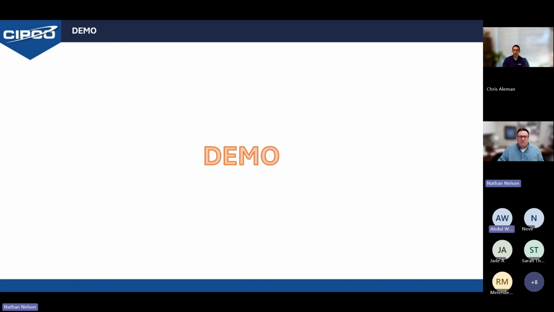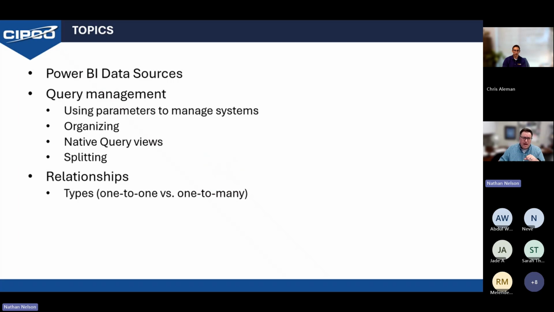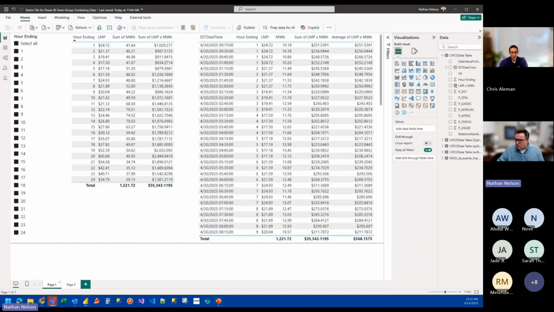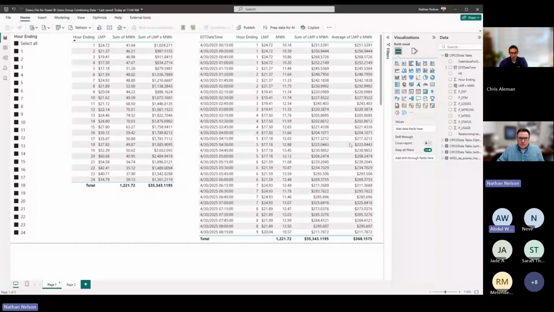So we're going to employ a couple different techniques inside of this demonstration. And I'm going to refer back over to our agenda of different topics. So we talked a little bit about Power BI data sources, just acknowledging that there's a whole bunch of different things that we could combine and gain some value for our reporting out of. I want to talk a little bit more about query management. And really the only good way of doing that is by going into a demonstration file, which I'm going to bring up right here. And so I've got a very, very simple visualization inside of Power BI right here,